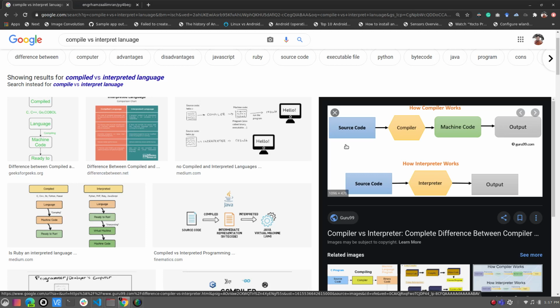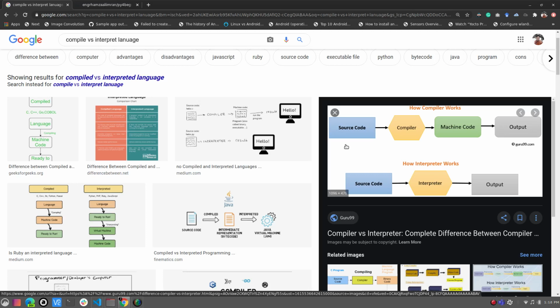Okay, now this machine code is basically machine dependent. It's not going to be the same for every machine. It's going to depend upon what kind of processor, what kind of hardware is going to run that code. For Intel processors, x86 architecture, the machine code is going to be different. For ARM processors, which we usually find in our mobile phones, the machine code is going to be different.